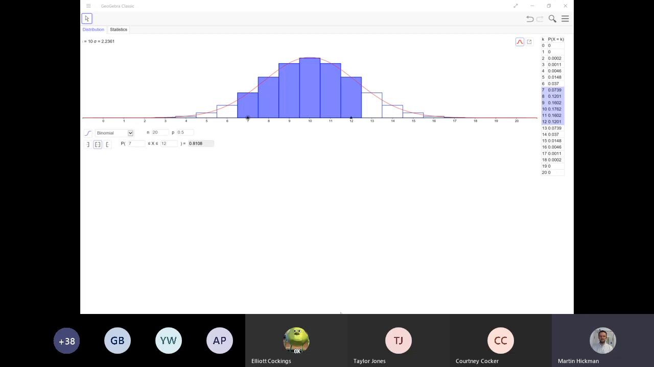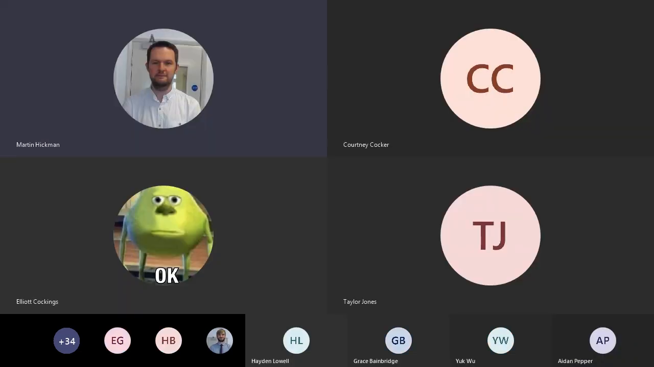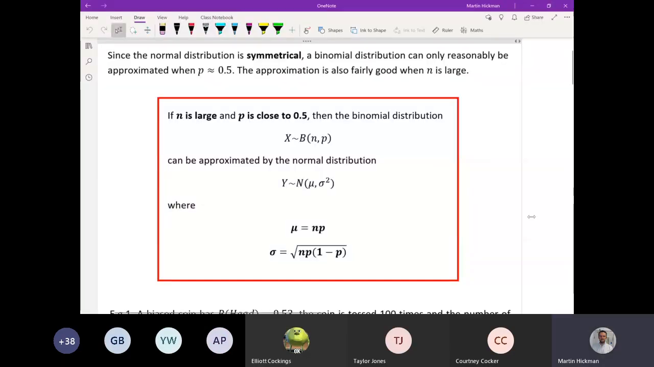So if you've got any questions so far, I just want to put them in chat. I'm just going to switch my screen in the meantime, and then we'll go through the examples. Okay, so